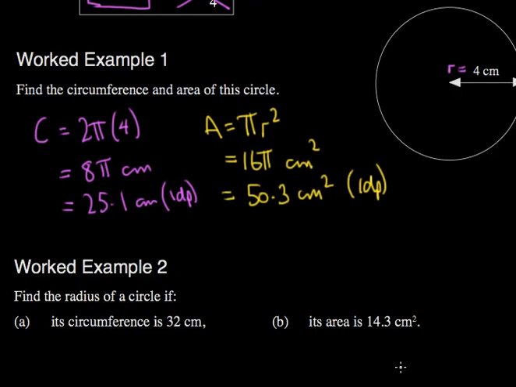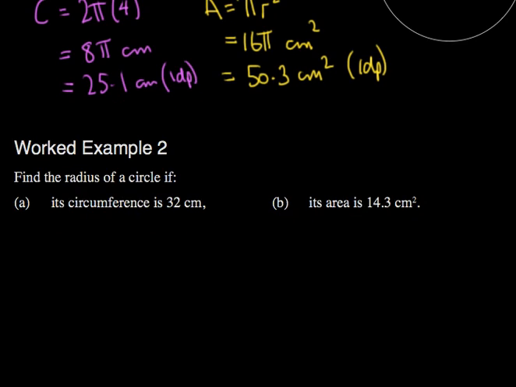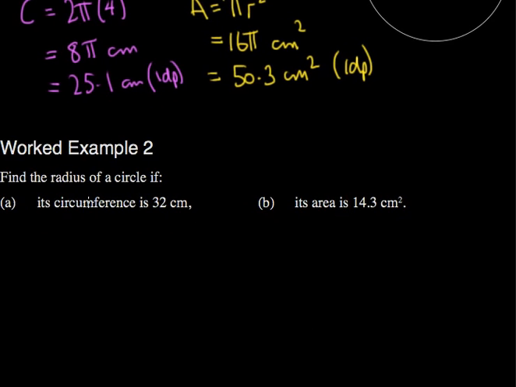In the next example, it's asking us to find the radius of the circle if its circumference is 32. So the distance around the outside of this circle, the circumference, is 32, but the formula for circumference using radius is 2 pi r, which is 32. When we're trying to find r, we divide both sides by 2 pi, so 32 divided by 2 pi,